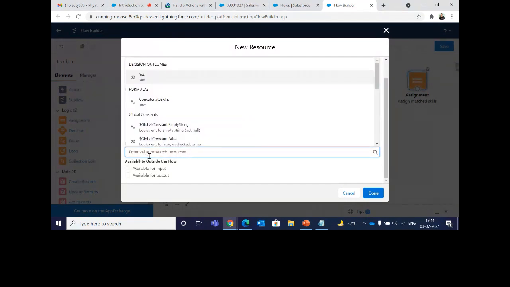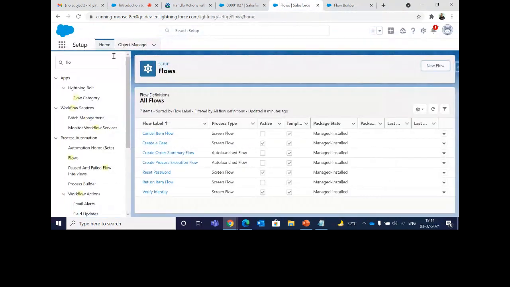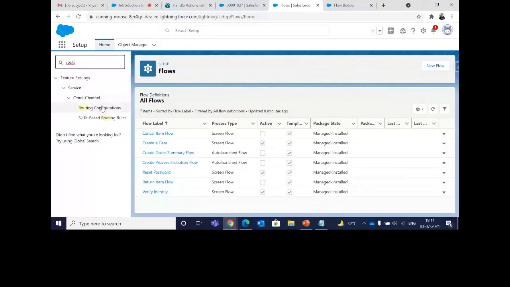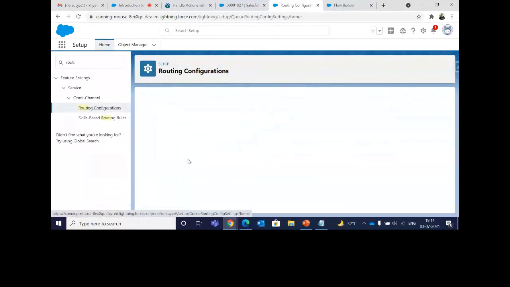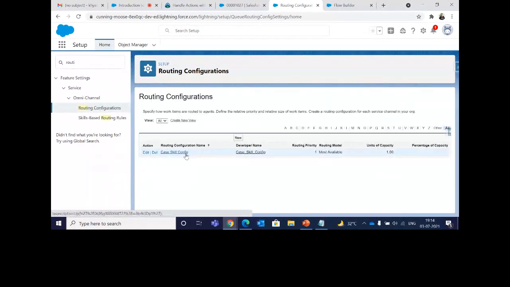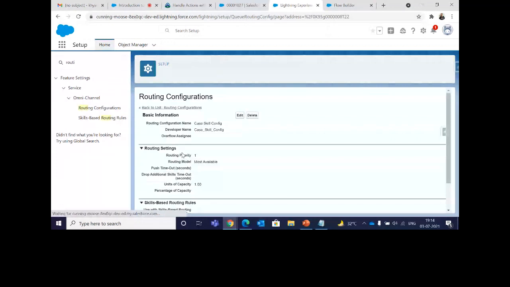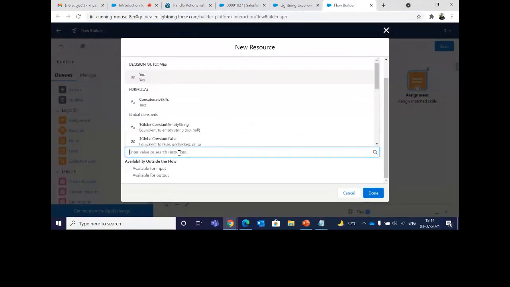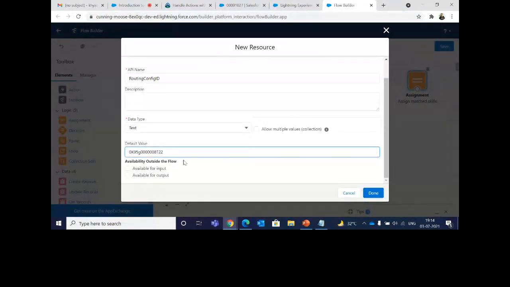So here I need to copy the ID from the routing configuration. For that, you need to go to routing configuration. Open your routing configuration that you have created, and the same way we copied it before, just copy it and paste it over here.